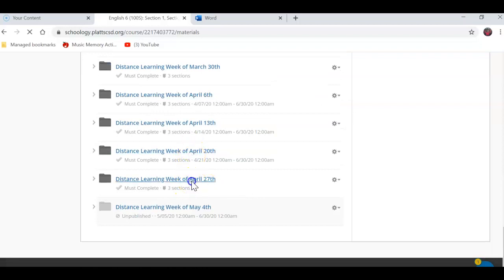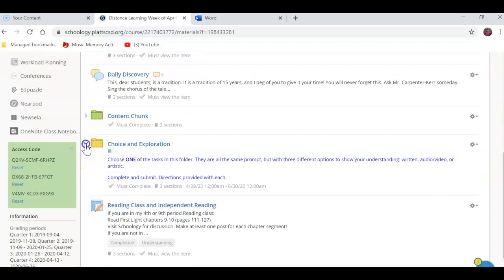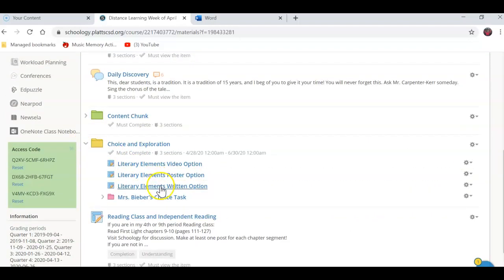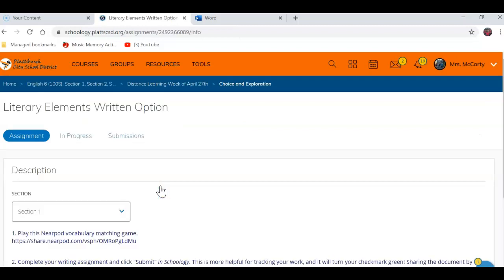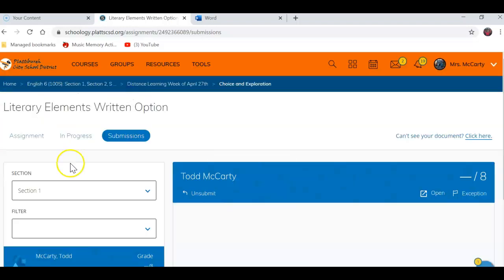In fact, there were some just this week. These are things that were posted today. I had put a Nearpod. This was in the directions section of the setup of the assignment. I asked them to play a Nearpod game that had vocabulary in it, and then I attached the document for them. Here I go to Submissions,